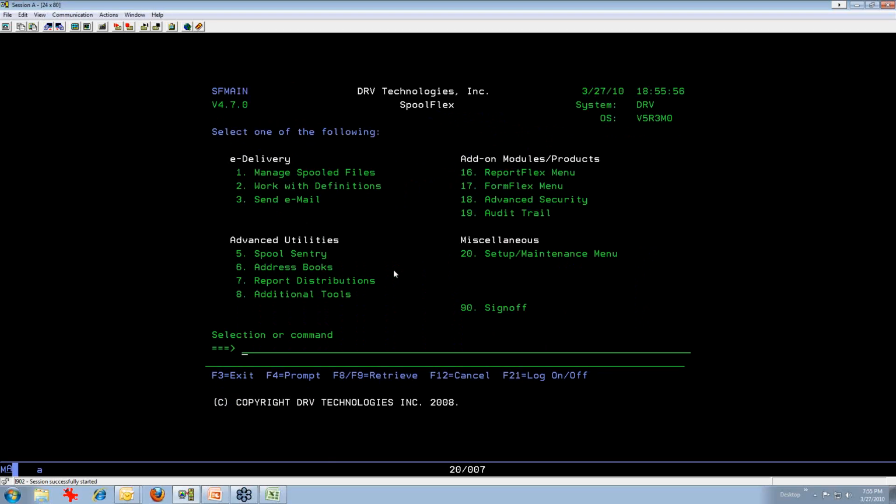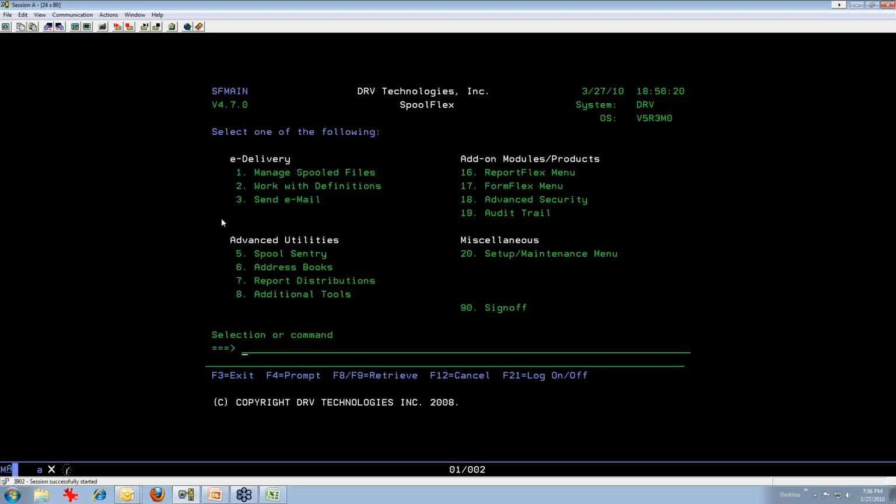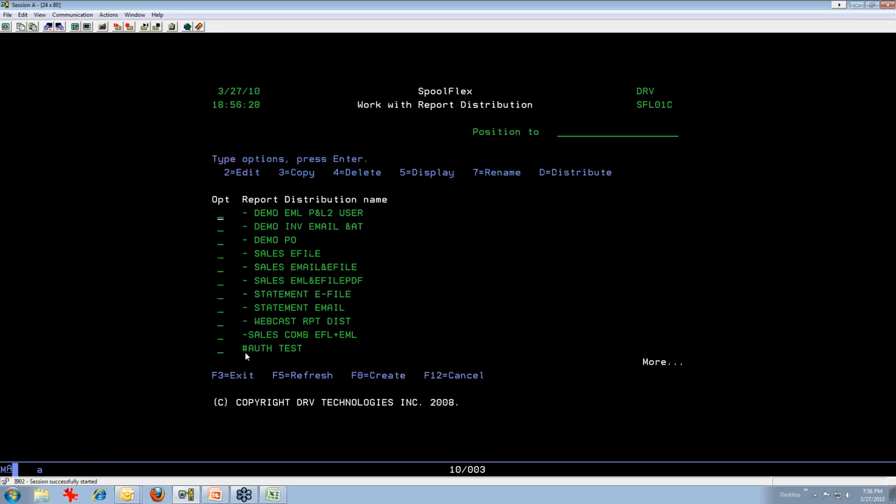What I want to do is set it up so that it automatically monitors for the spool file to come into existence. So no matter how many times he generates it throughout the week, it will automatically email it to him. Not only that, but it's going to identify that he is the one requesting it, because sometimes it could be the CFO, it could be the controller, it could be the assistant controller. It just depends on who's generating the report and who needs it. All I have to do is create an address book that contains their user profile and their email address, so that when the spool file is generated, it can identify,